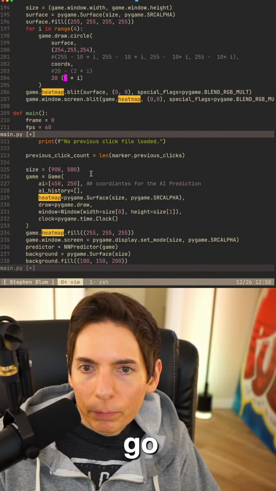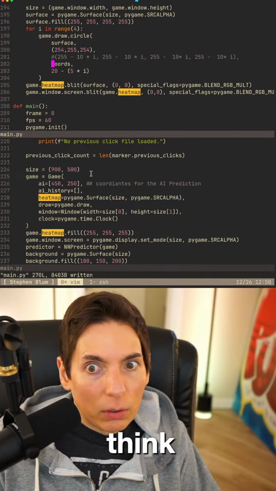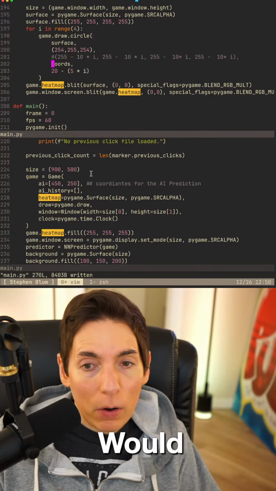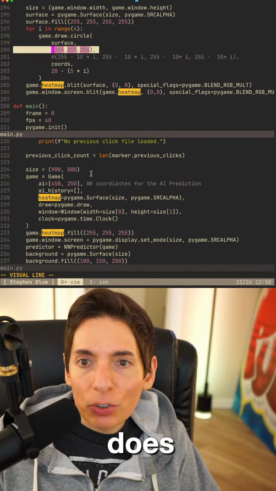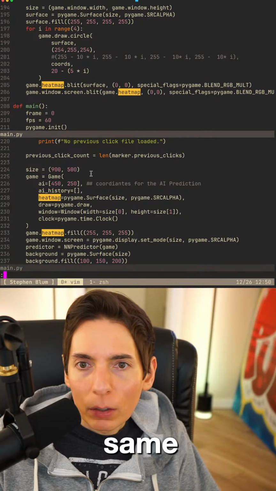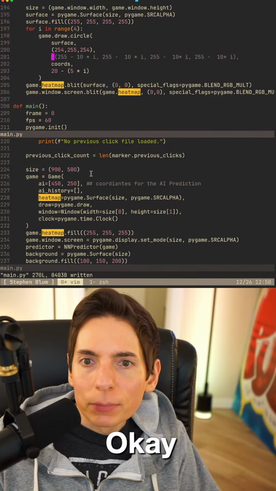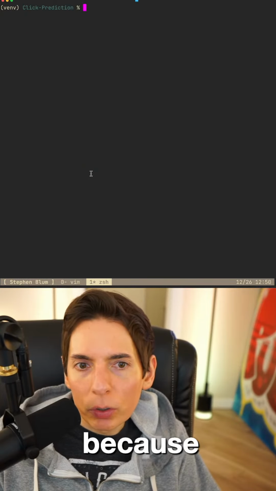Okay, here we go. Minus. Actually, would it matter? This part does. And then we just keep the color the same. All right, let's try that. We don't need to modify the color. We just need to modify the circle ring now because we're doing multiplication.